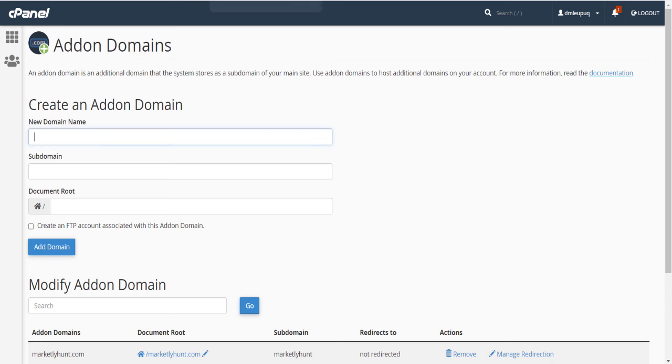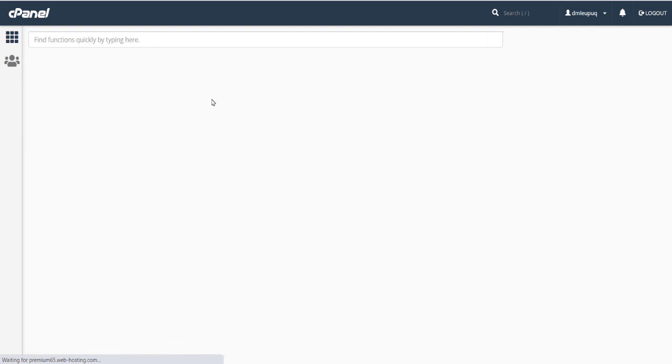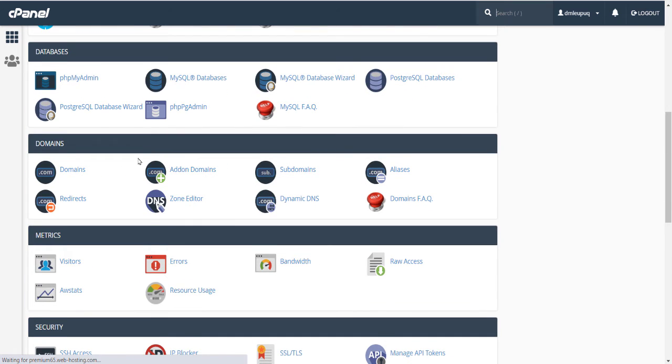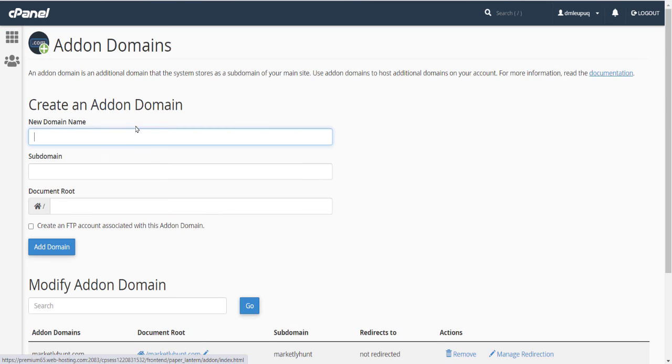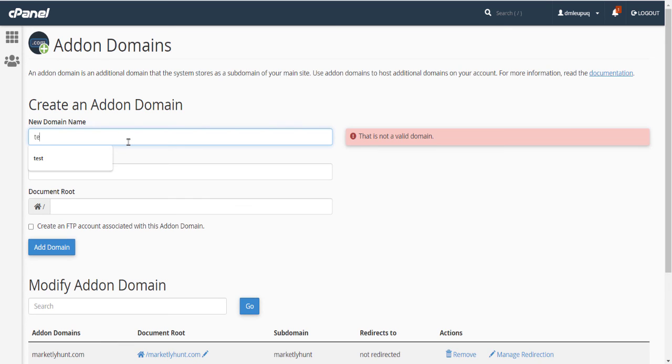And now log in to your cPanel. Once you go into your cPanel, it looks like this. Later on I'll share how to access cPanel and all these things, but for now, go to the add-on domain section and enter your domain. Whatever domain you bought, I'm just taking an example for you,